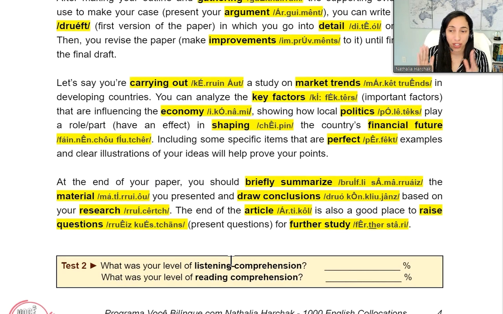Okay, so this section of the lesson is really important. A lot of people don't really pay attention to this section much, but actually, this is one of the most important ones because this is how you learn how to pronounce words better, which means that you're going to improve your speaking. So never ever skip this section of the lesson and always repeat the words after me, even though